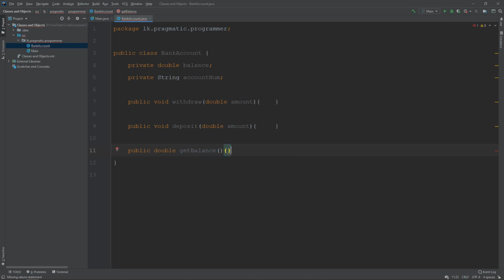As you can see, this is known as a get method. A get method, also known as a getter method, is used to return a value that's stored in an instance variable. IntelliJ has a handy feature of being able to generate this getter method without us having to type it. So I'll just type it for now.